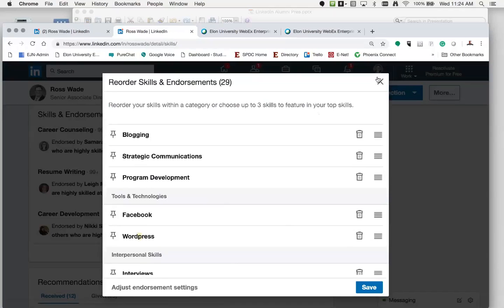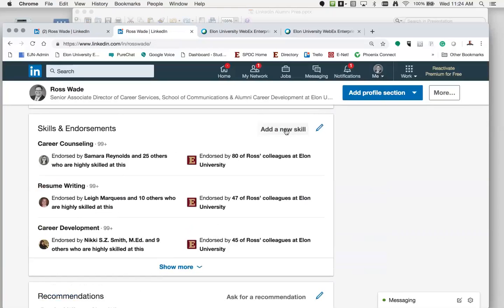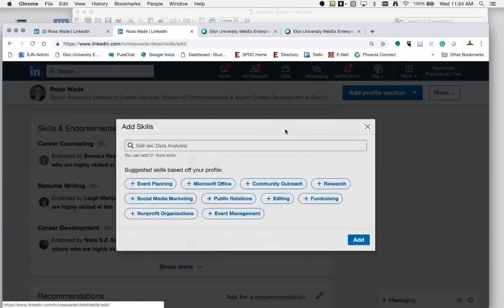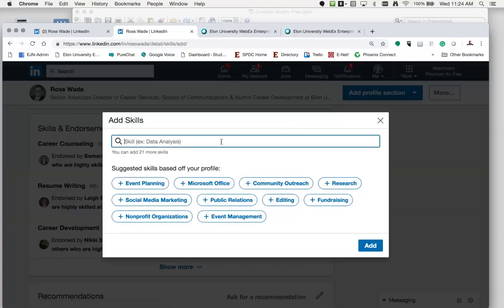And if I wanted to add a skill, I just click on that, and this can be any skill. They can be soft skills, or as we in the biz now are calling power skills. So it could be public speaking, presentations, or it could be something very specific like Photoshop, InDesign, SPSS, etc.